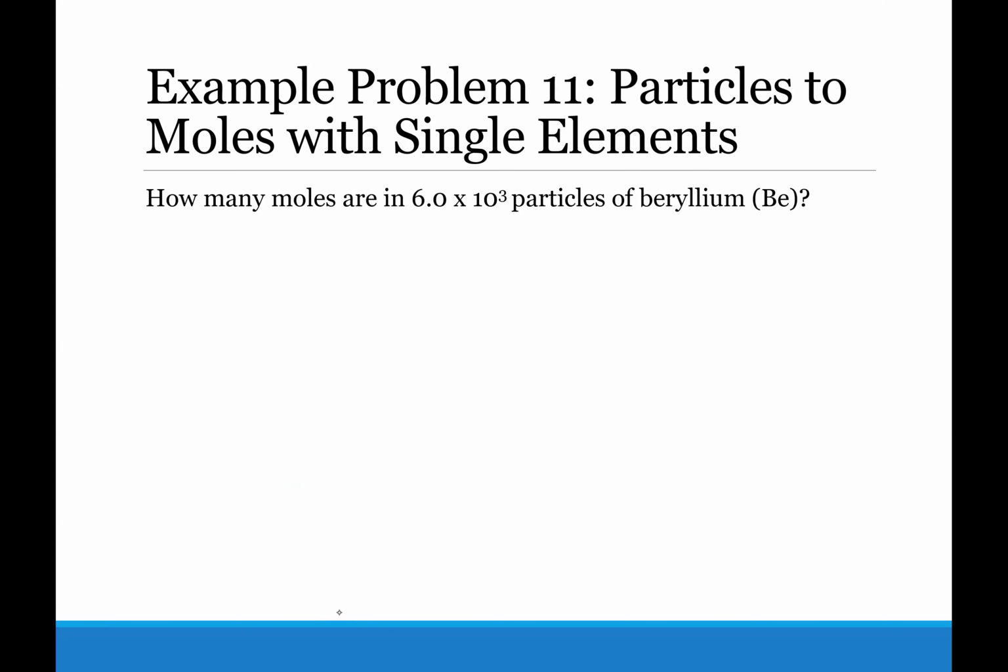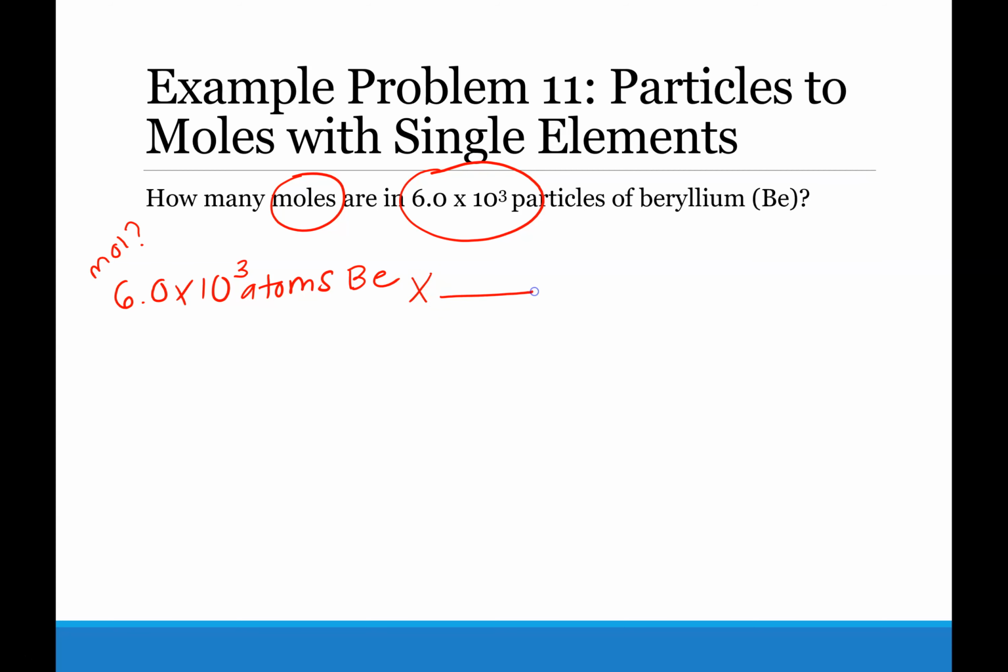Example problem 11 reads: how many moles are in 6.0 times 10 to the 3 particles of beryllium, Be? So we're told that we have 6.0 times 10 to the third atoms, or particles, of beryllium, and we want to convert to moles. This is a one-step conversion, so draw your multiplication symbol, draw your division bar,